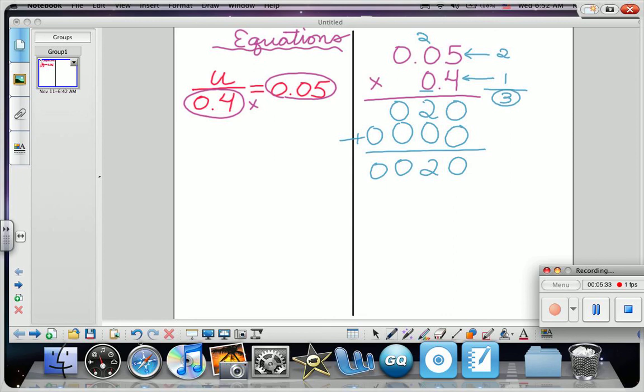Remember our decimal at the end here, and I'm going to go 1, 2, 3. My answer is 0.020. Same answer. So either method will